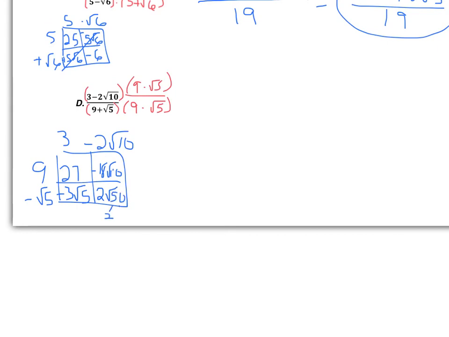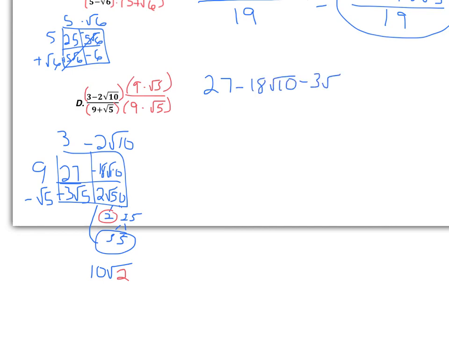And 50 is actually 2 times 25. And 25 is 5 times 5. So we have a pair here that comes out front. 5 times 2 is 10. And then 2 doesn't have a buddy, so that stays inside. So then we combine like terms. So we have 27. Root 10 and root 5 are not the same, so we have minus 18 root 10 minus 3 root 5 plus, and our simplified version here of 10 root 2, all over,